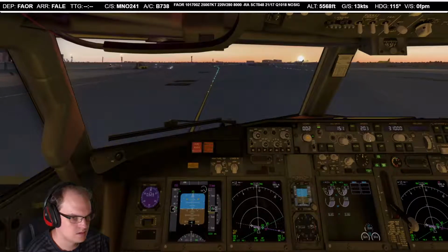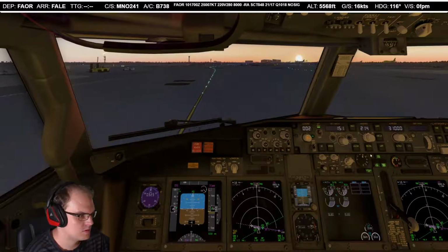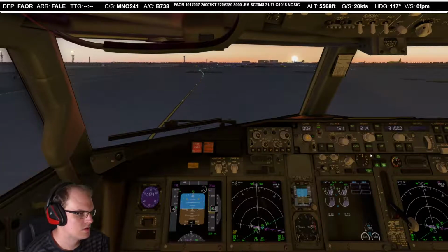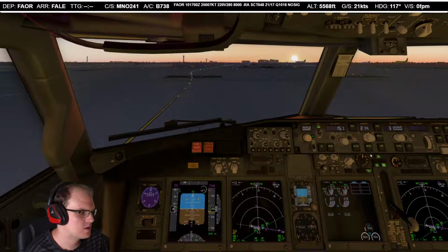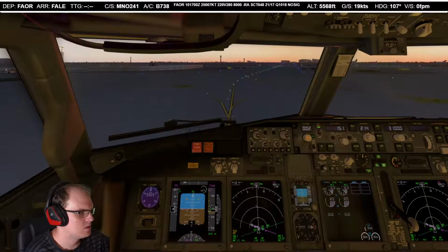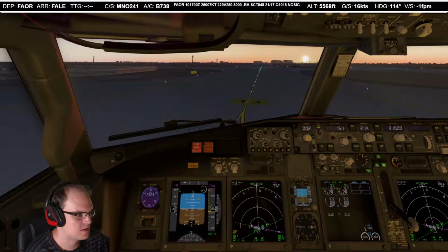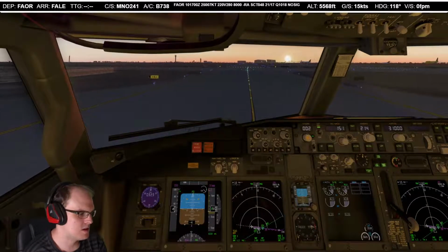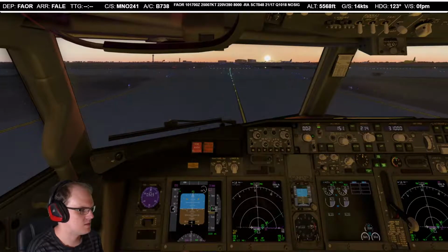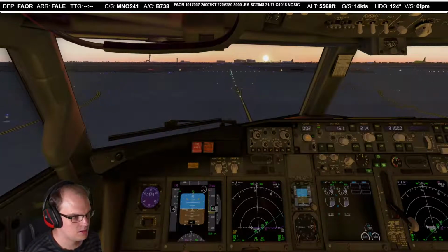Let's go and set this. Oh, that's good. We'll double check that when we get on the runway. Oh yes, so now that we have actual new scenery for OR Tambo, we don't taxi through that street light that used to be around here somewhere. The default scenery had a random street light that for some reason got placed on the taxiway here. We don't have that anymore. We are just gonna go onto Alpha here and all the way down